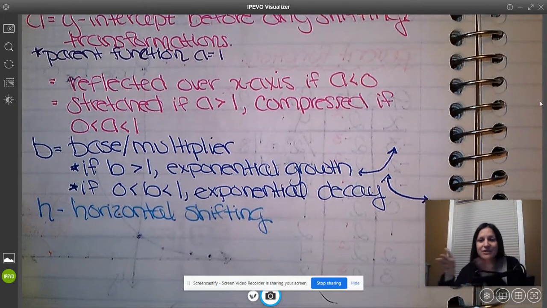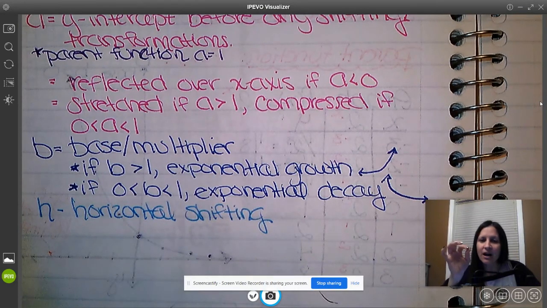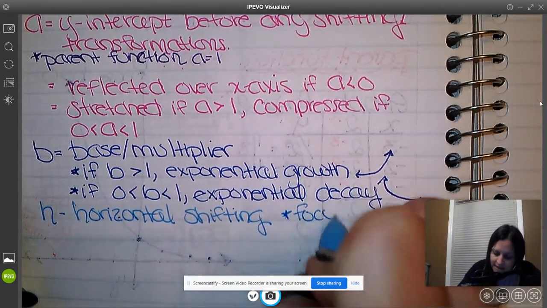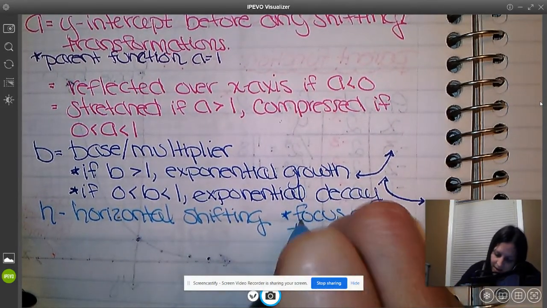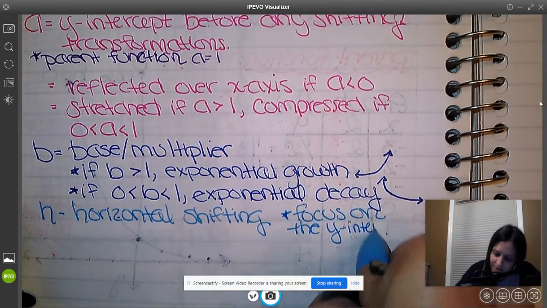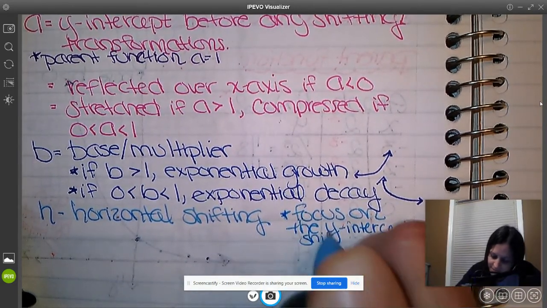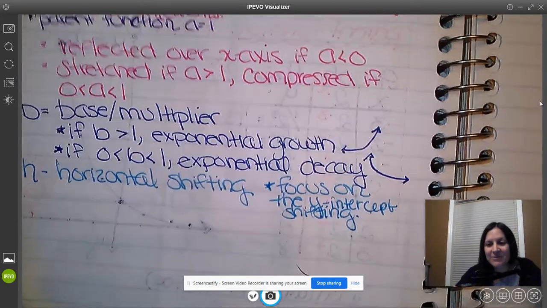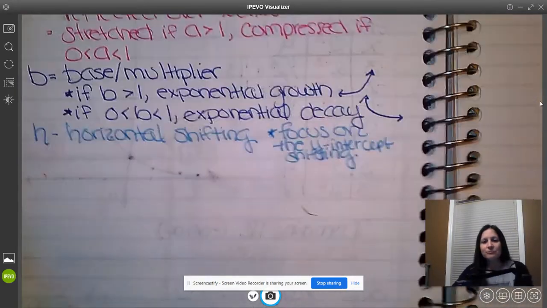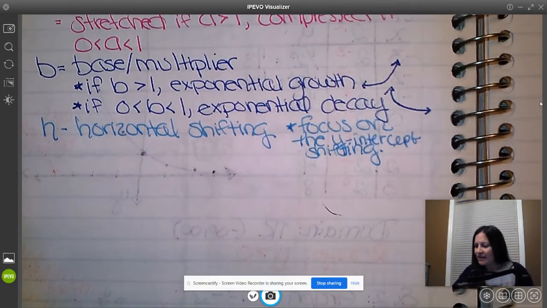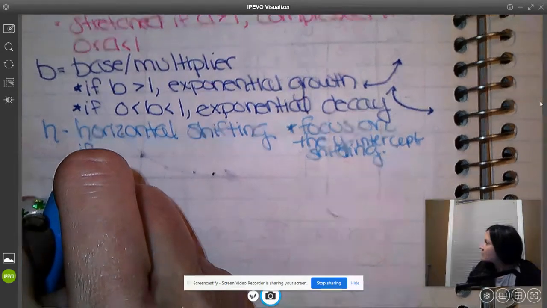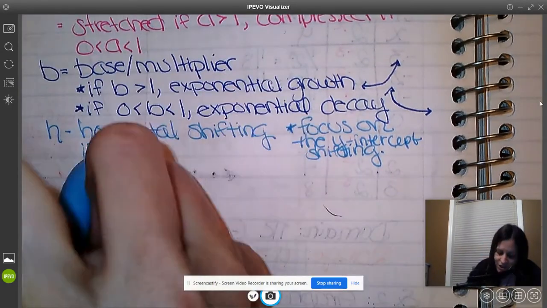The whole graph is shifting left or right, but when we're sketching it, we're going to focus in on the y-intercept. So if you want to make that note, focus on the y-intercept shifting, because that will help you sketch that graph a little bit easier. So just like with absolute value, if you have x minus h,